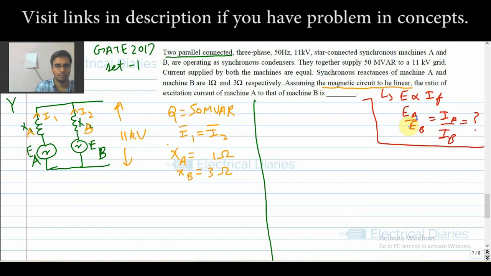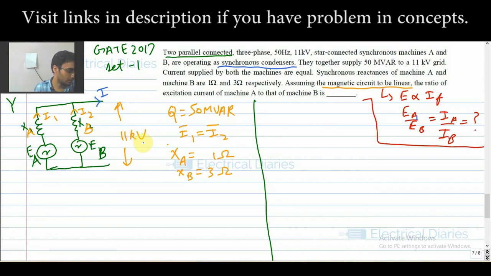First let me read again. This is given as synchronous condensers. This is a very important part. Synchronous condenser means that these motors are purely dealing with reactive power, that is they are supplying reactive power. Synchronous condenser means that the motors are acting as a capacitor. So one thing is clear to me, that the P is 0 here, so I can easily find out this grid current. This current I can easily find using this relation of Q and this 11 kV.